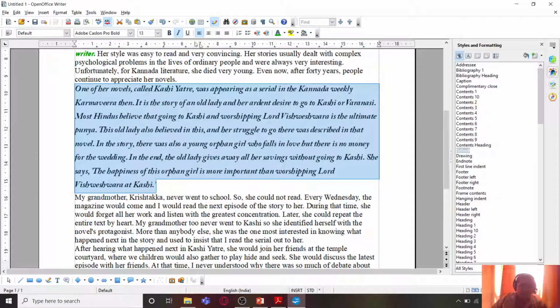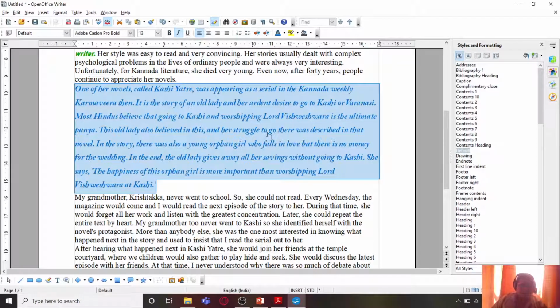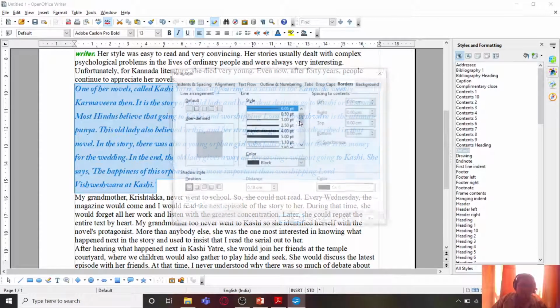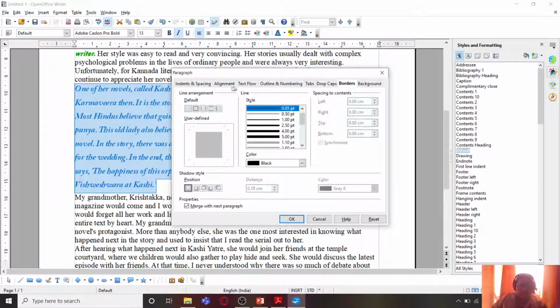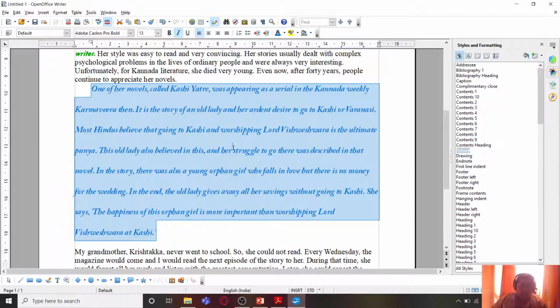Let me give it italics and let me change its color to a blue color and I'll go to format and from here I'll go to paragraph and in paragraph I'll go to indents and spacing. Let me provide a first line indent to it and line spacing as 1.5 lines. Click on OK and you can see this is how the paragraph is going to look.